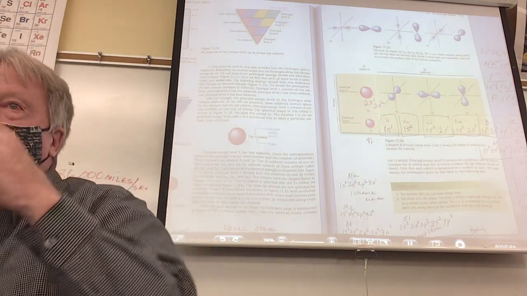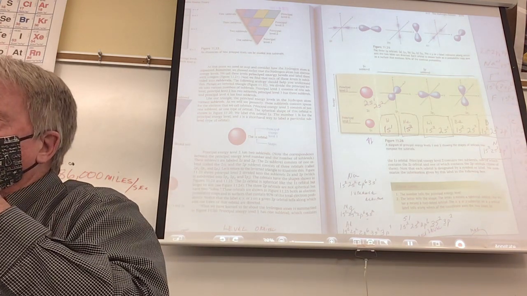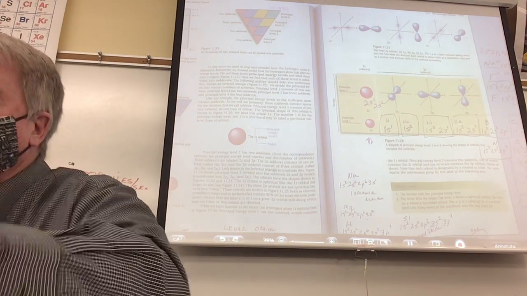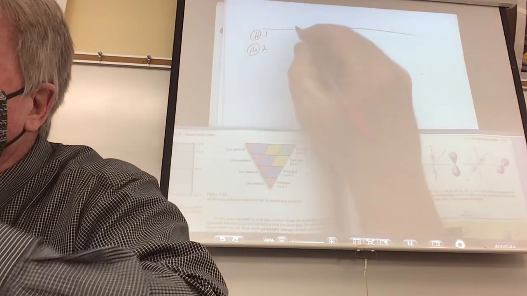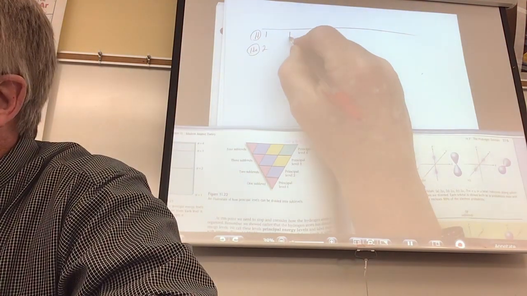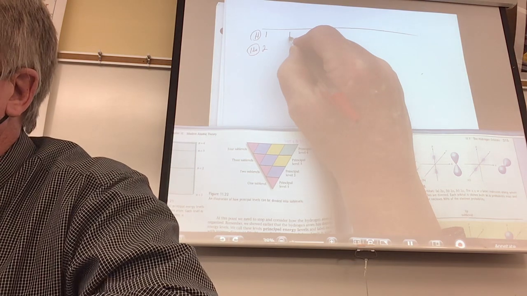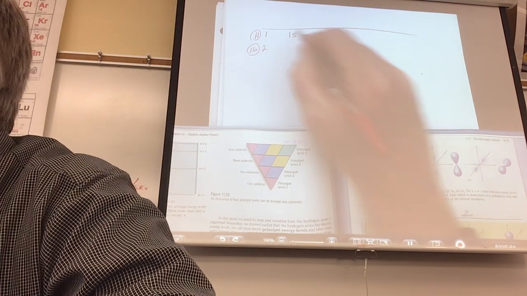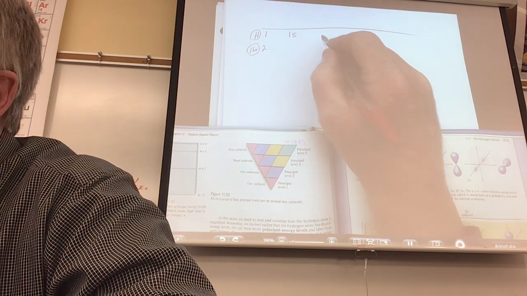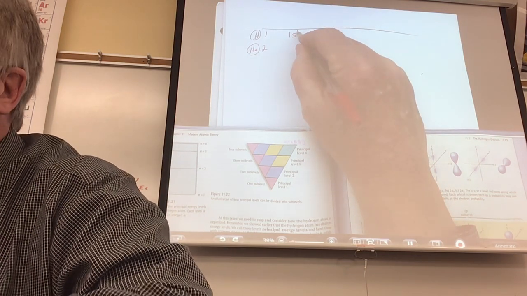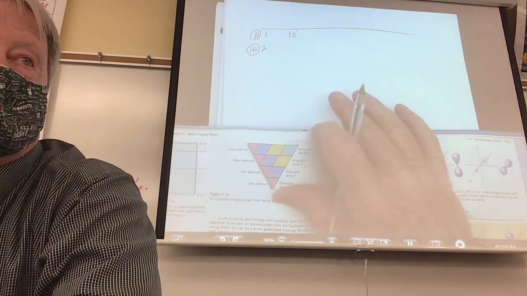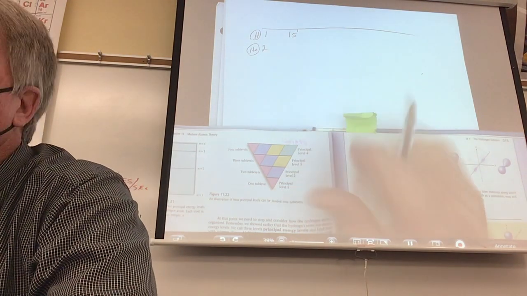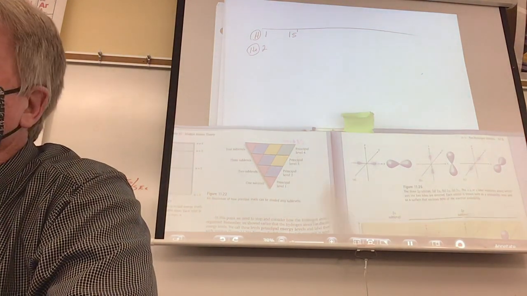Where is it located? Well, you have to go into the lowest energy level first. That's level 1, isn't it? It's got to be in level number 1. So in energy level 1, and where in energy level 1, I have an apartment for you. It looks like an S apartment. And how many electrons are you going to put there? 1. What's the electron configuration for hydrogen's electron? 1s1. Now let me read it again.